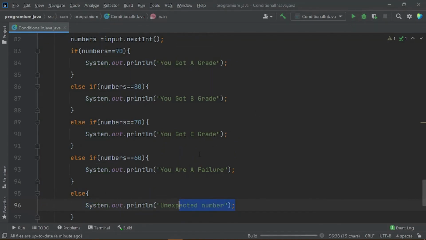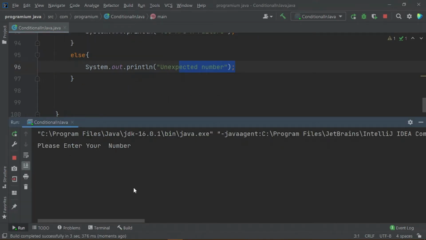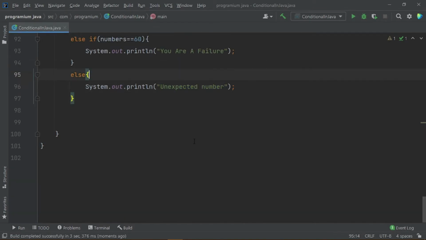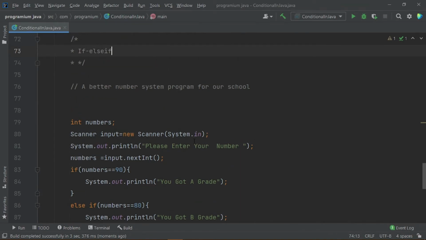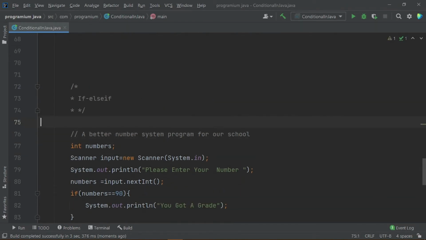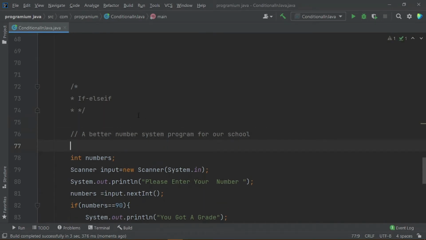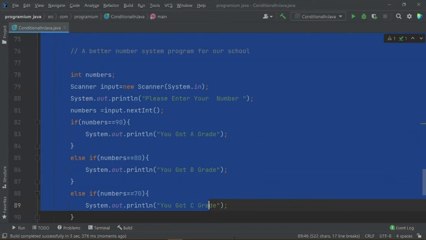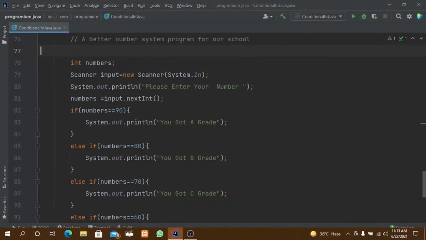Let me run it again and show you how our program is affected. I am entering 55 here and it says unexpected number. So guys, these are the if else conditions. Let me remove the spaces here and put a space here, that would be better. So these are the if else conditions.